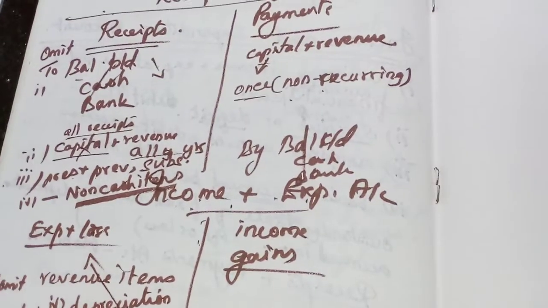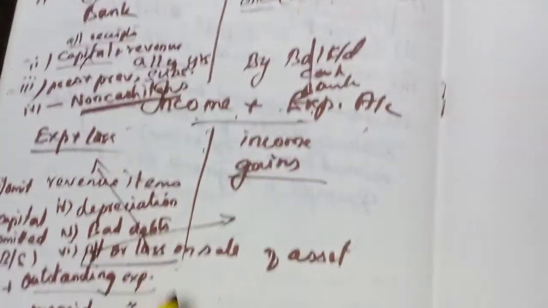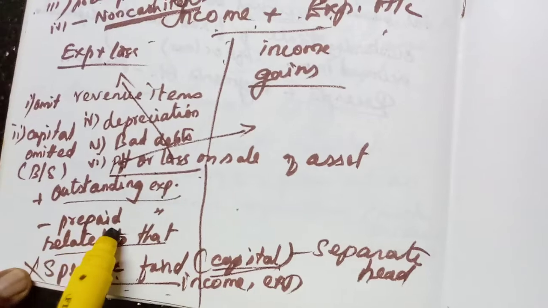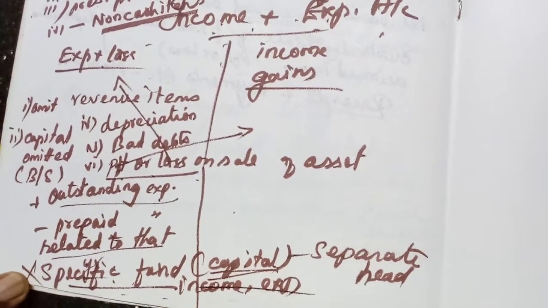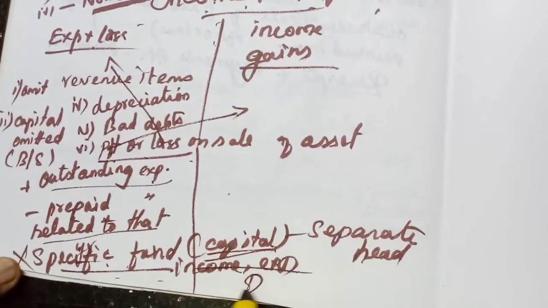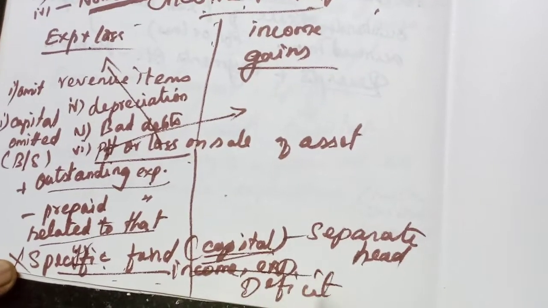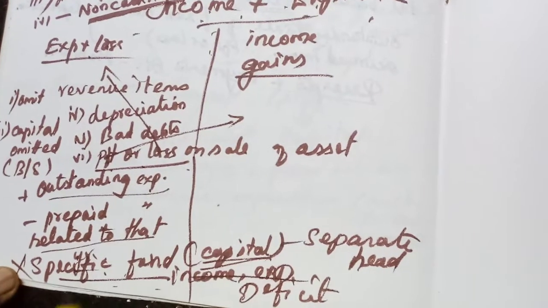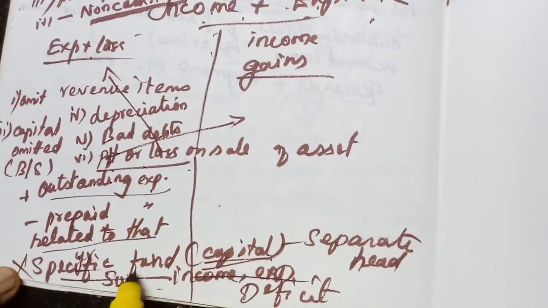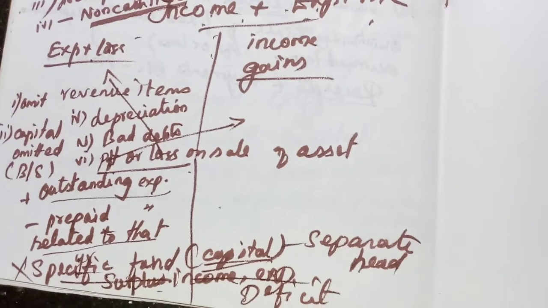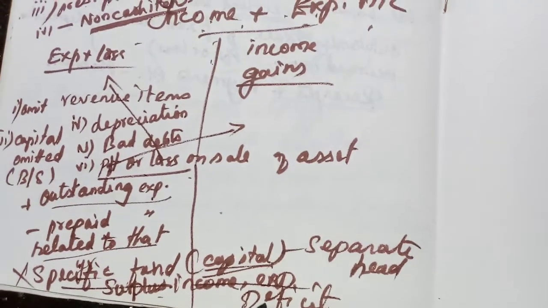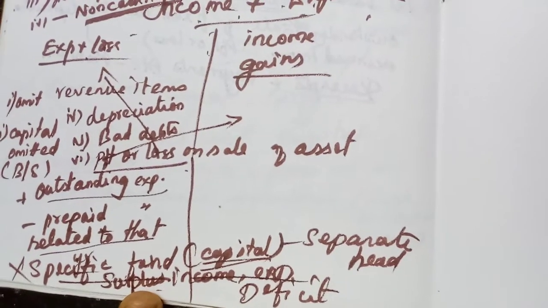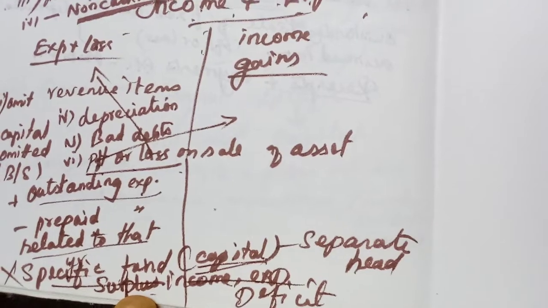Then we have to balance this income and expenditure account. This we have to calculate at the end. If the expenditure is more, what will we get? Here we will get the deficit. If the income side is more, then we will get surplus. Surplus should be entered on the debit side. Deficit will be entered on the income side. This will be adjusted in the balance sheet along with the capital fund.